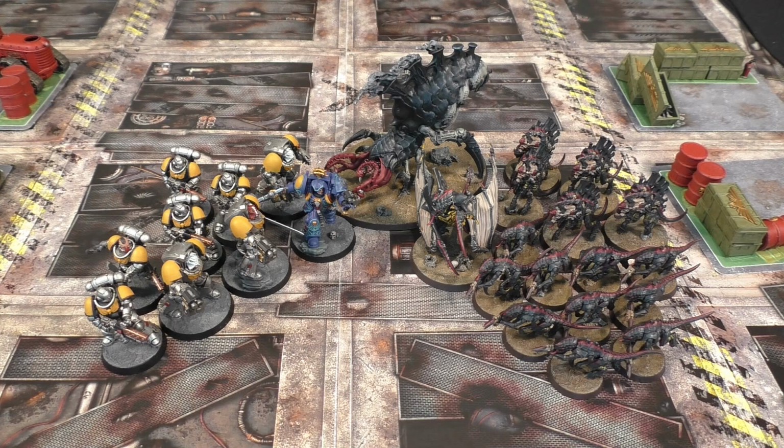And the Terminators did a decent wound roll against the Psychophage right at the start, but then it ignored most of the damage, and then the combat went on for the rest of the game. Yeah, not all that bad, but also not terribly surprising. Yeah, I think the army I have here is perhaps slightly better than the one I had in the previous issue, and you have 2 fewer Terminators. Yes, but I still start with 3 units, whereas you have 4, and we're trying to hold 4 objectives, so...